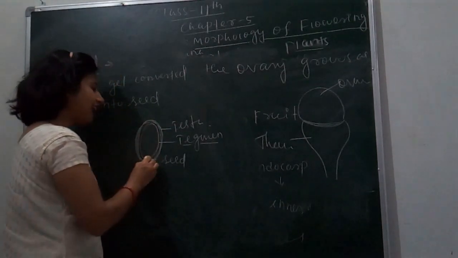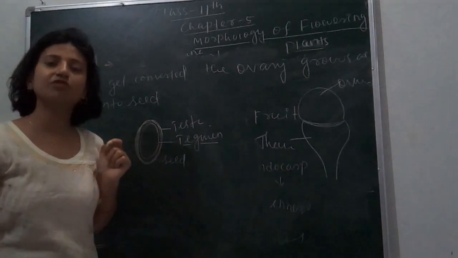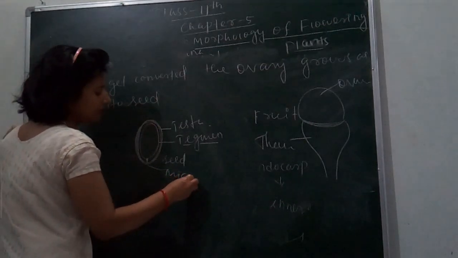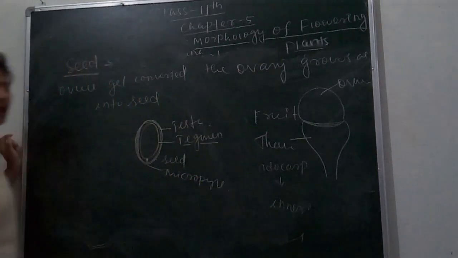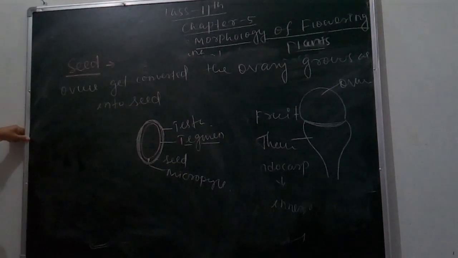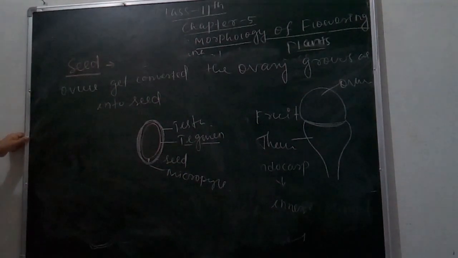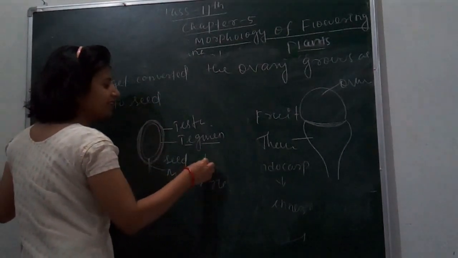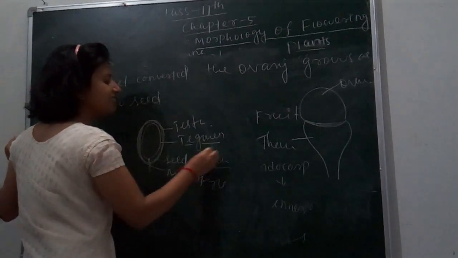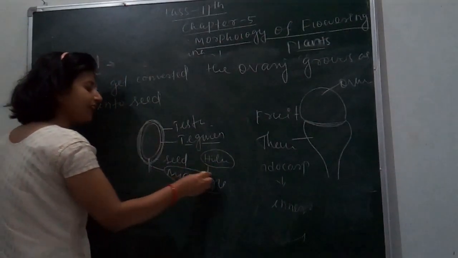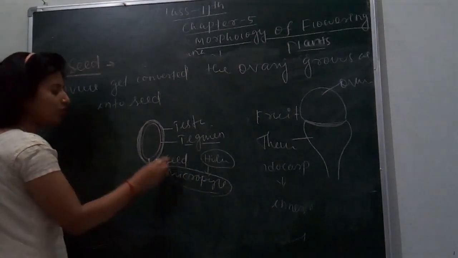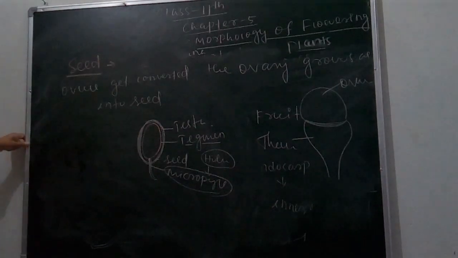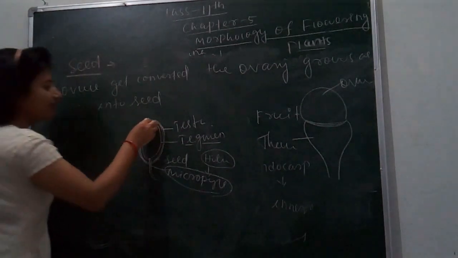From the hilum, the micropylar region is present, through which, or within the micropyle, the embryo germinates. This is the micropyle, converted from the hilum. The hilum is in the seed, and when it starts growing, it is converted into the micropyle and the embryo comes through it. Clear? Next, what happens? Many times a seed has remnants, endosperm remains, and in some cases the endosperm is completely